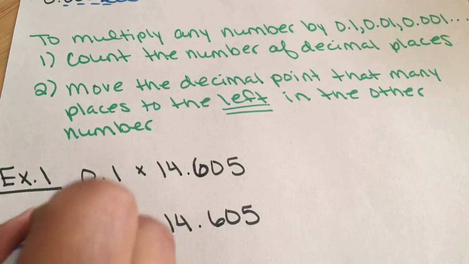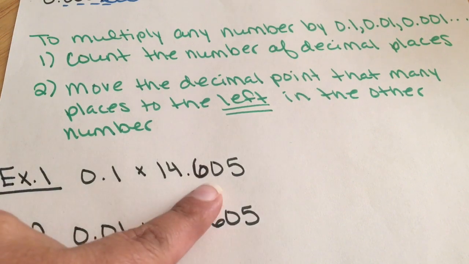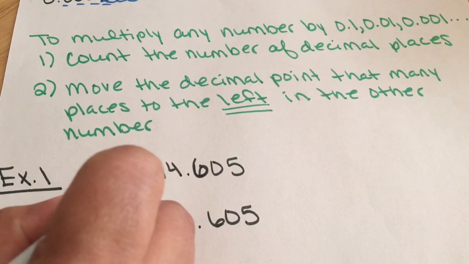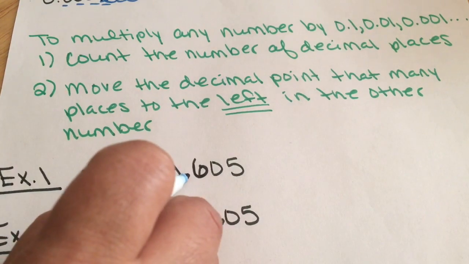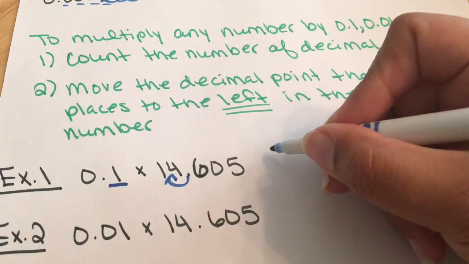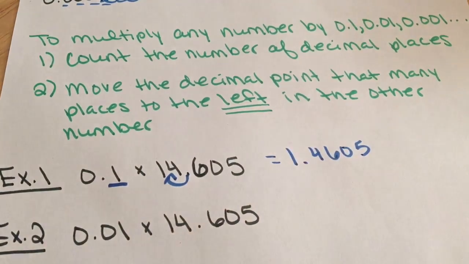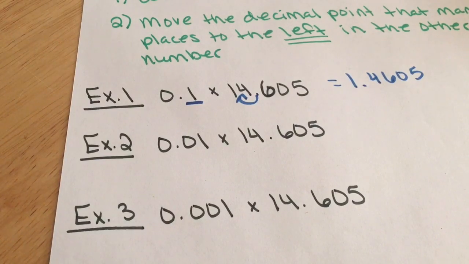So 1/10 times 14 and 605 thousandths. Doesn't matter if our second number has a decimal in it. I only care about that tenths number. So I see that there's 1 decimal place. I see where my decimal is. I'm going to move it 1 place to the left, and our answer is going to be 1.4605. On our second example, we have 100ths times that